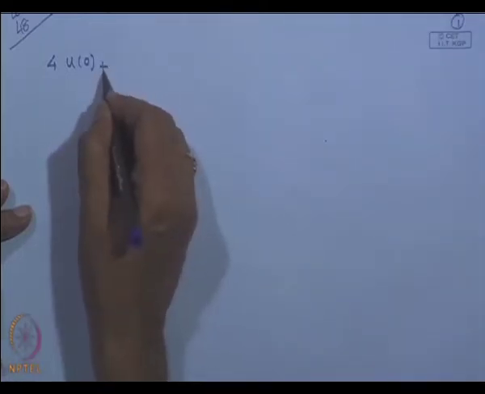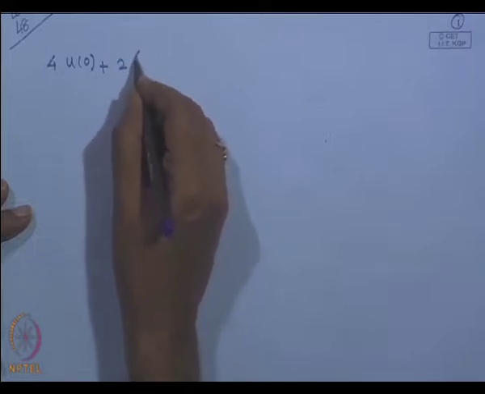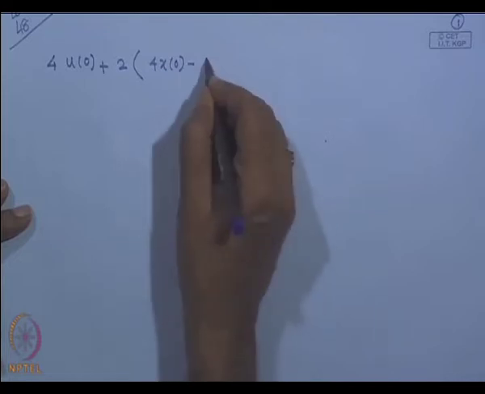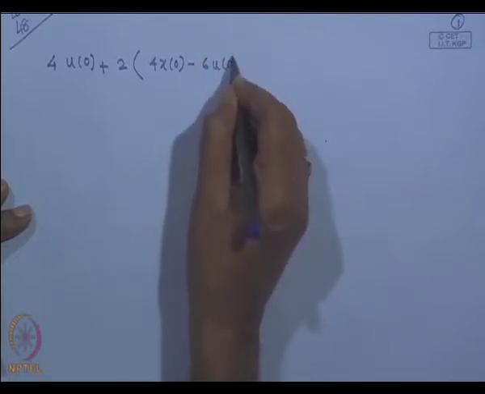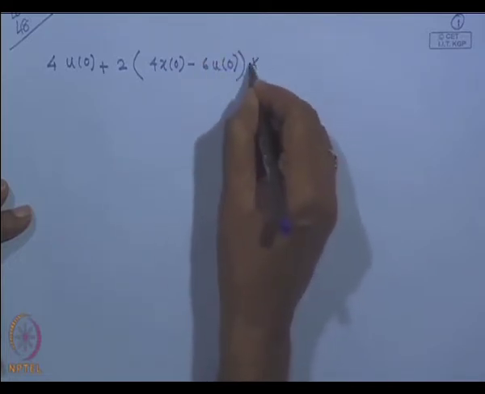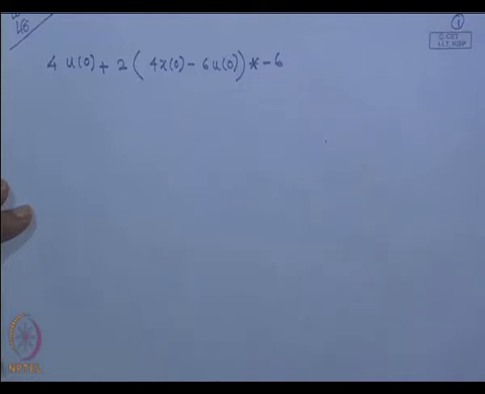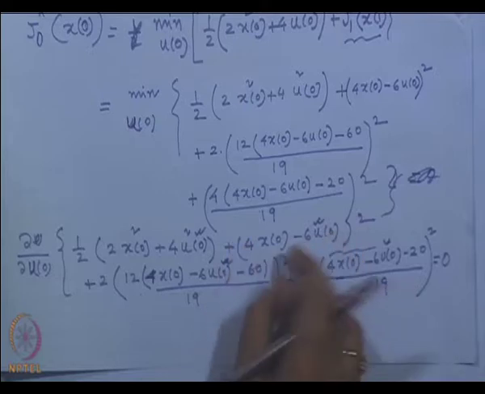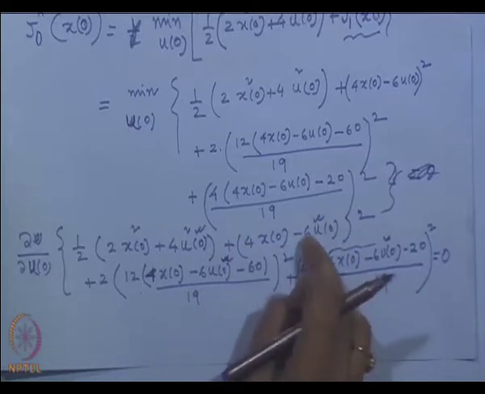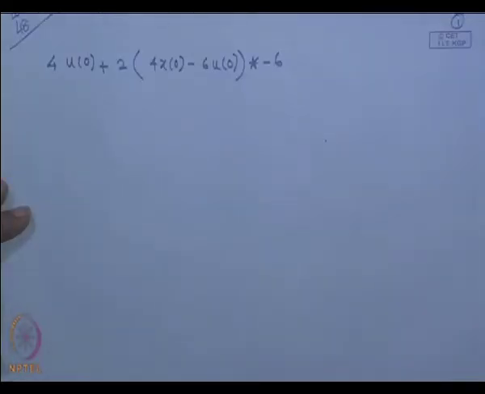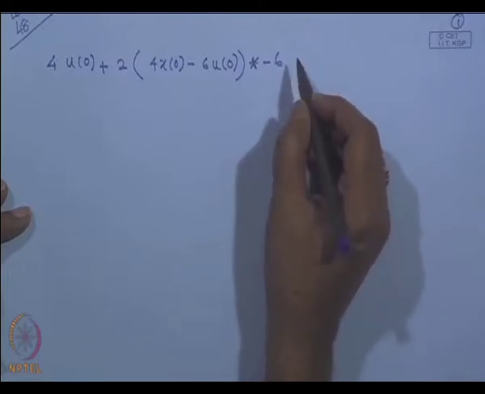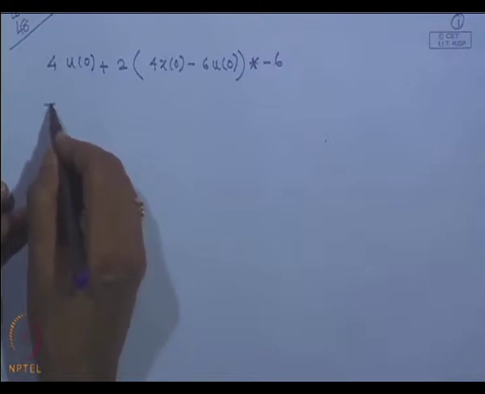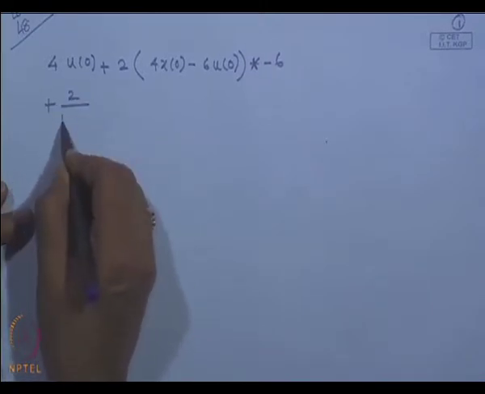So, you just check this: 2 into 4 x 0 minus 6 u 0 whole star minus 6. From the first term of differentiation we will get twice this, and differentiation of that quantity minus 6. So, twice into this, then plus twice 19 square,